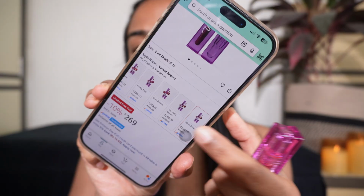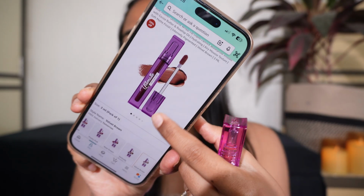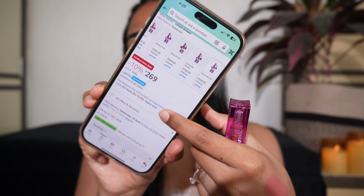While these were very affordable, 299 is the MRP, while you can get it at a discounted price right now for 269 rupees off Amazon, and that is how the product is listed there. So anyways, we are checking the formula as well. It applied creamy, and it is still drying. It hasn't yet dried down to its complete matte finish. So I think it would take like a minute to dry down,